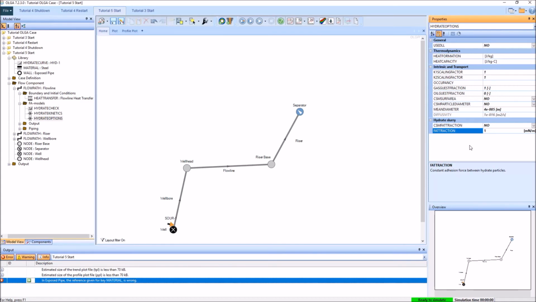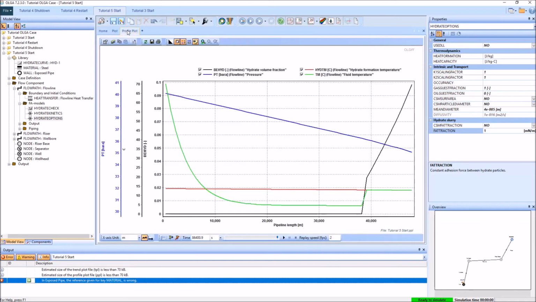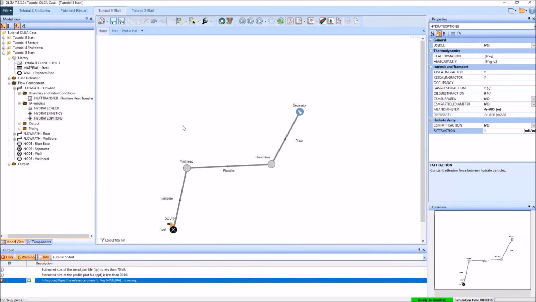Now, before we go ahead and rerun our simulation, we need to look at one more thing. If our anti-agglomerant should not significantly affect the amount of hydrate that's formed, then the current figures that we're looking at in terms of our equilibrium temperature and our quantity of hydrate formed are not going to really tell us much. So what we can do instead is to take a look at another parameter that we're able to